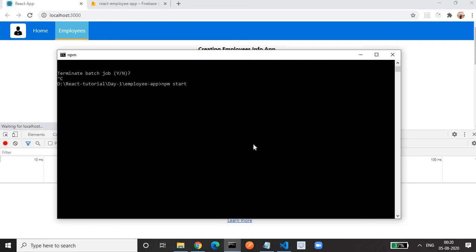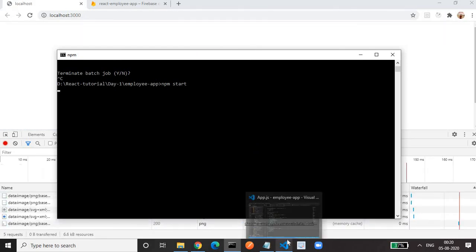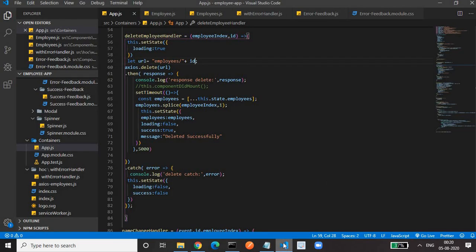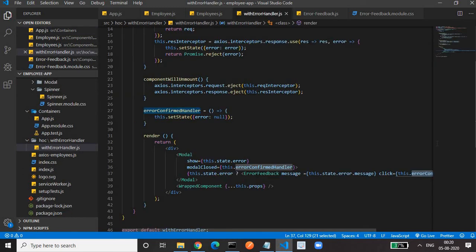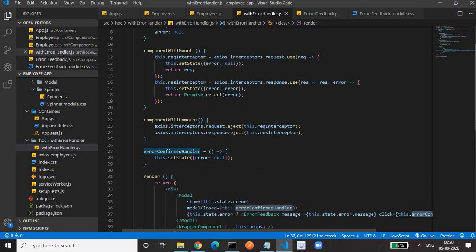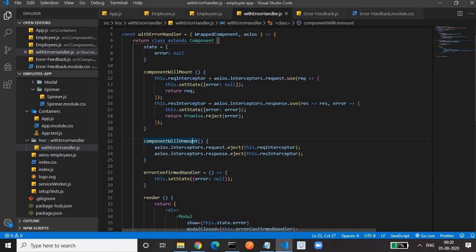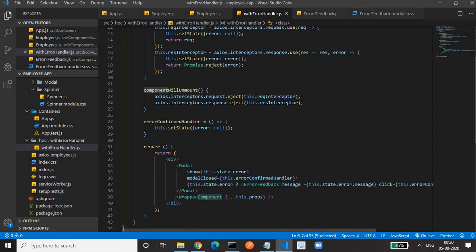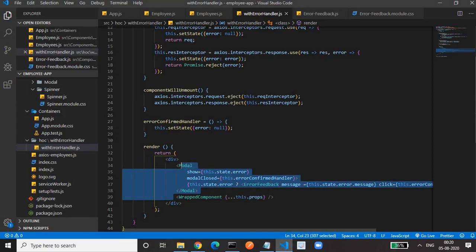This is how we can deal with our React.js Ajax call by using the Axios library. And here we can see the interceptor. We will learn more about interceptors. For utilizing this lifecycle method, we have to return a class component from this wrapper. And this wrapper is displaying the component which it has wrapped, along with the modal window containing the error that we got from the server.